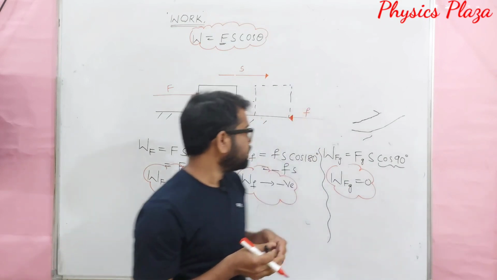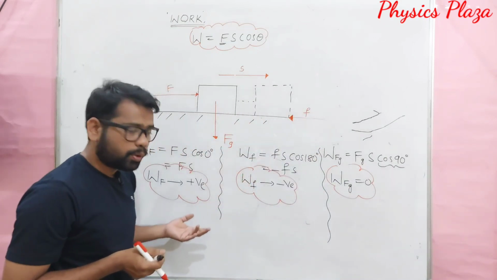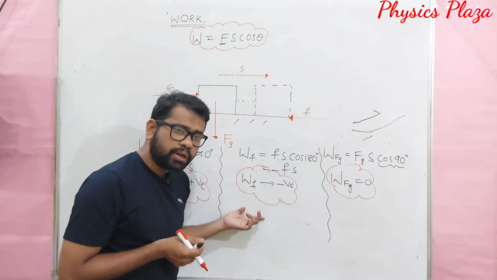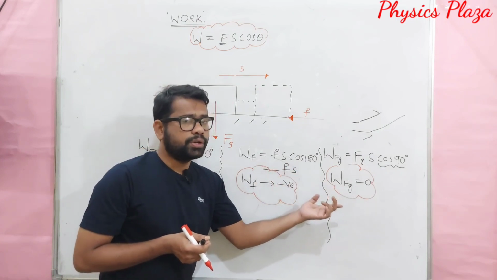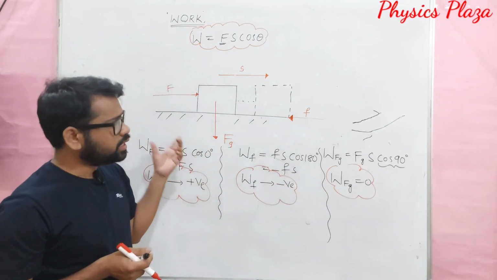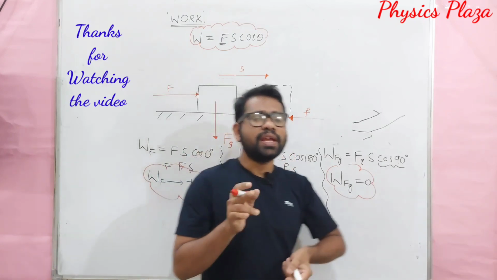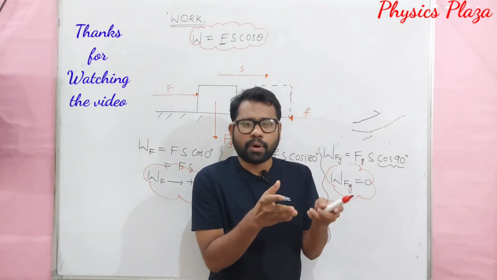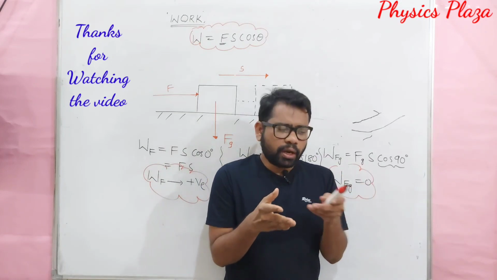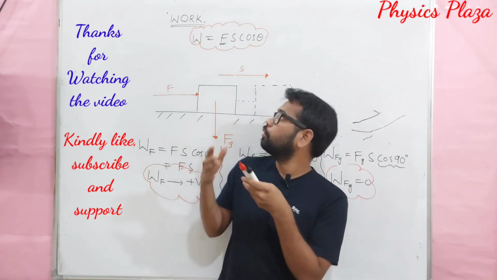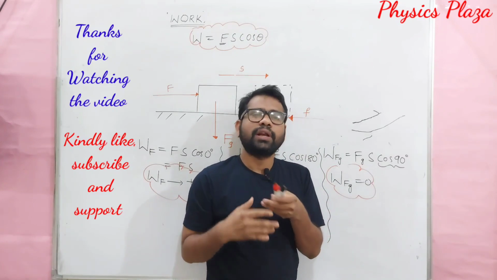After that we discussed in which case the work done will be positive, in which case it will be negative, and in which case it is 0. So children, it's very important. These are the 3 special cases of work which we have learnt. In the next session we will be discussing what power is and what energy is, and how power and work are related. Then we'll do the related numericals.